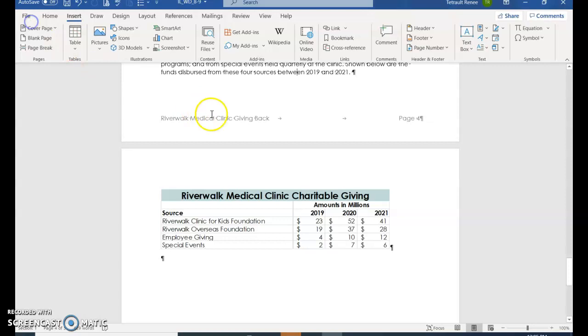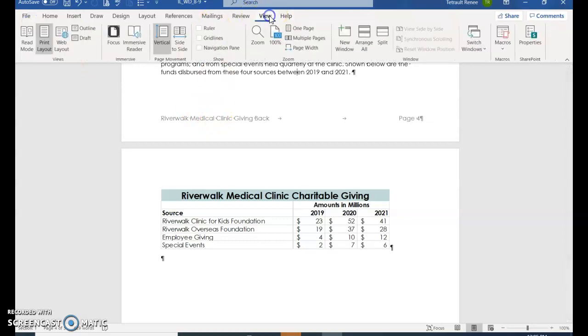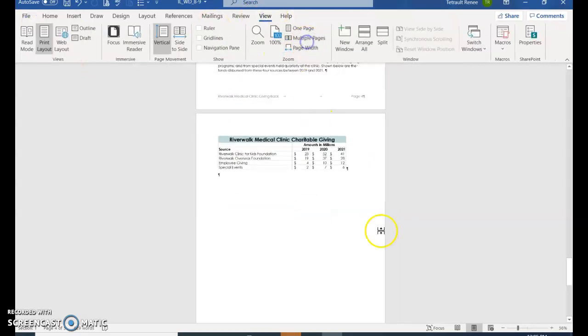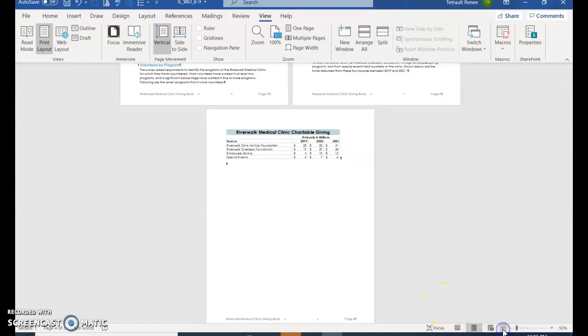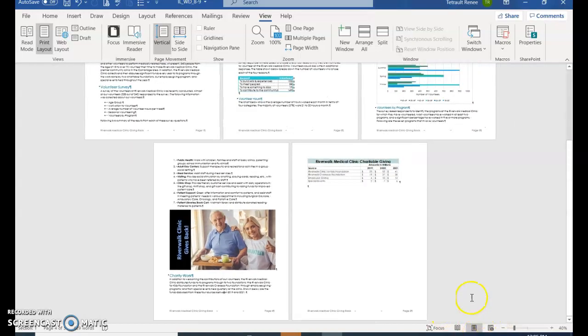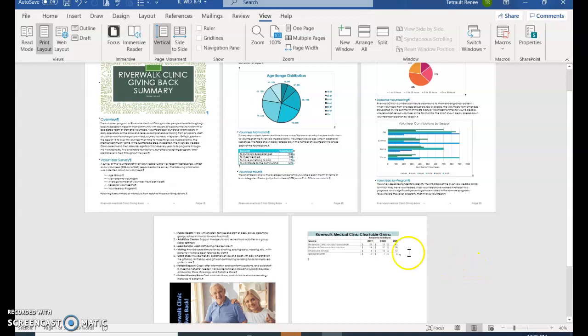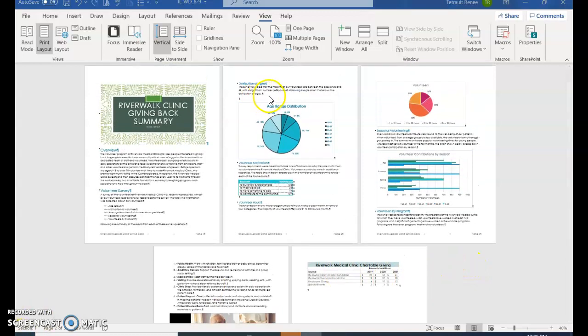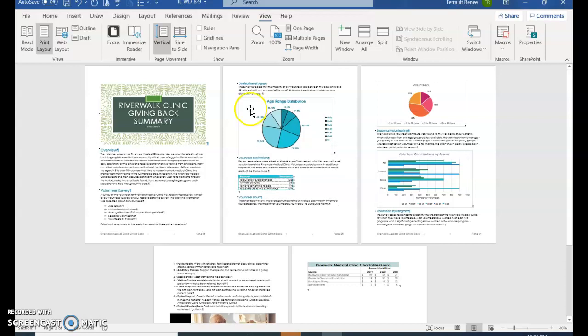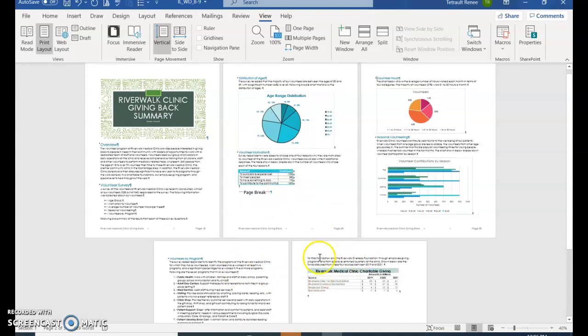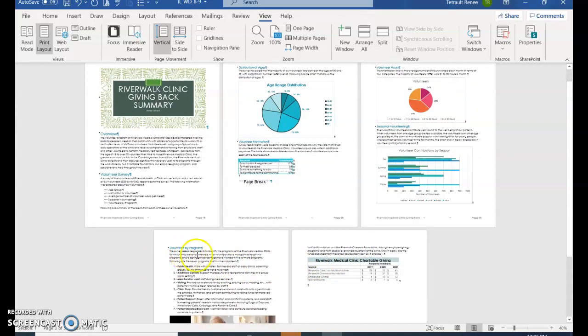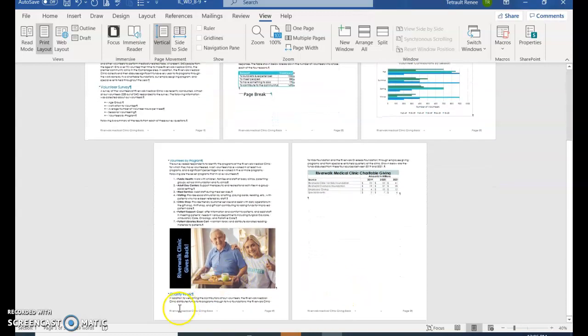That's fine. When you're back in your document, go to View and Multiple Pages. And I'm just going to make it a little bit smaller so I can see everything. And we just want it to match what's in the textbook. Once you see everything on page 2, I'm going to press Delete here so it moves the pie chart up slightly. Click down to volunteer hours, Control Enter so it starts a new page, and then it should fall perfectly with volunteer. And then I would do the same thing with charity work. Click to the left,